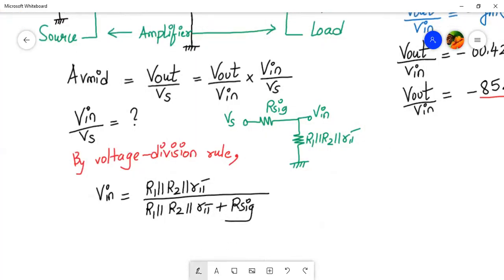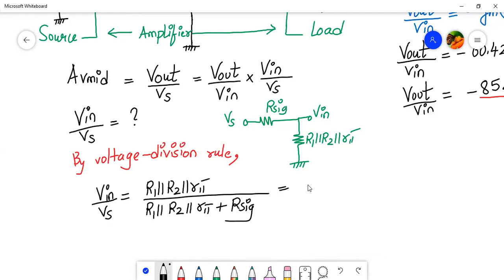And this is into Vs. So this Vs we can bring out over here and it will go in the denominator. So V in upon Vs will be equal to 1.37K divided by 1.37K plus 1K, 1 kilo ohm. And how much is that value? Please calculate and let me know. This value is